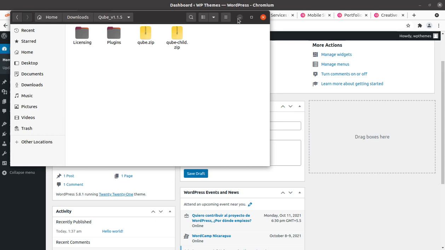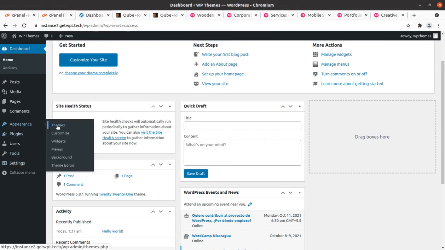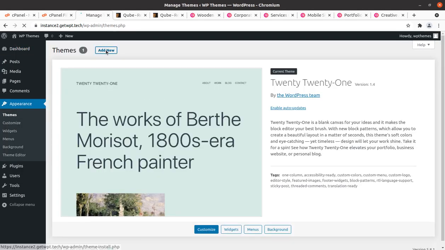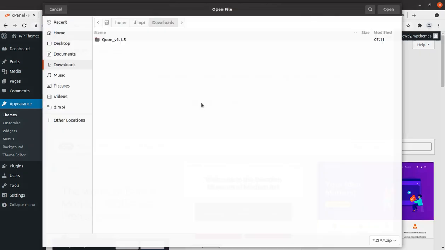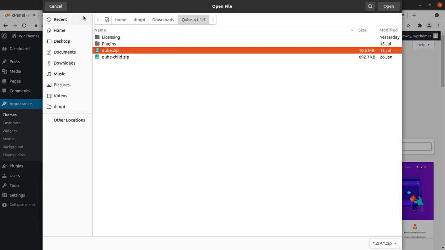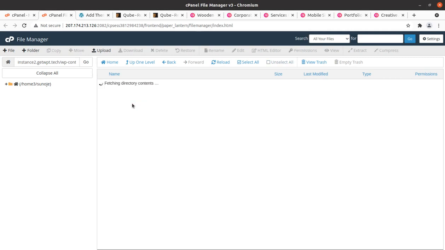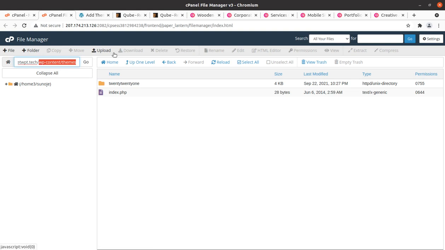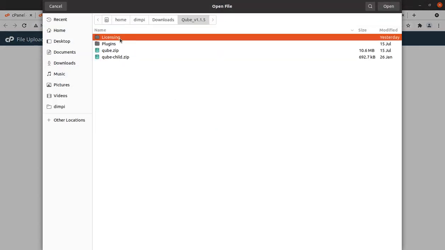To begin the installation, we have to go to the themes section of WordPress, click on themes, add new, upload theme, choose file, and here we need to choose cube.zip. And if you have direct access to your server, you can upload the same file directly to the wp-content themes folder. I am doing the same. I wish to show you the theme file size.